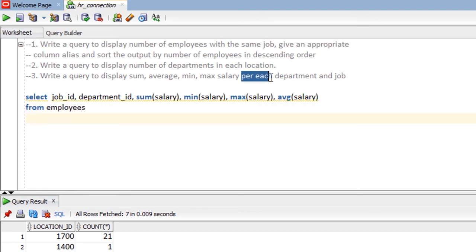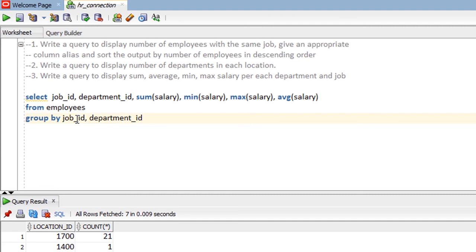Here per each department and job, that means GROUP BY job_id and department_id. Divide the employees into groups using department ID and job ID, and then display the sum, minimum, maximum, average salary